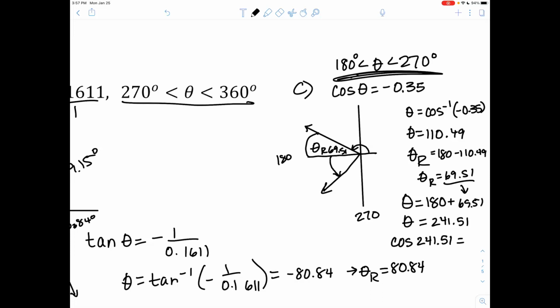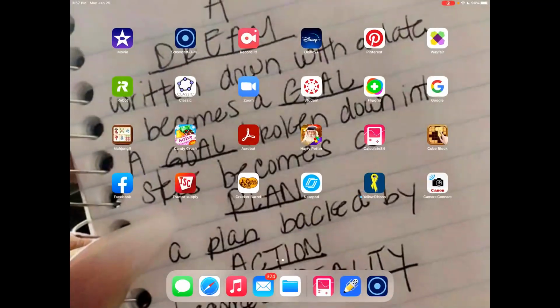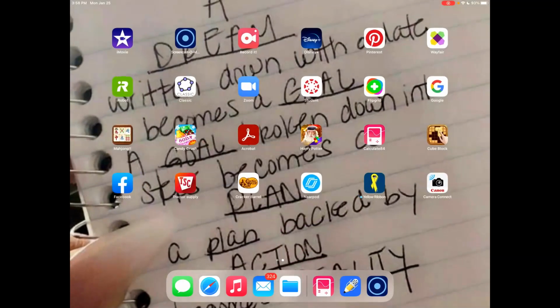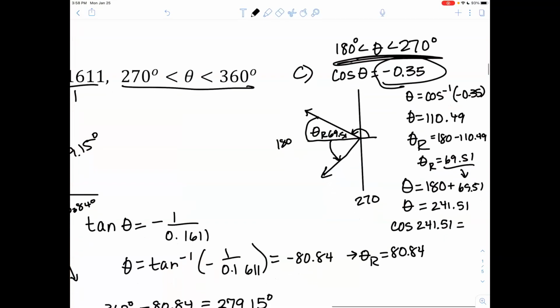All right, so now what I want to do is check to see what the cosine of 249.51 is. So I'm going to plug that into my calculator to make sure that I get back to this value here. So I'm actually going to plug in the exact value that I have here. So I'm going to do the cosine, and I'm going to grab that whole value up there, and we should get a measure of negative 0.35. And so that's a good way to check your answer to make sure that it is correct. And those are a little bit tricky. And so that's how you do today's assignment. Good luck. We'll see you guys